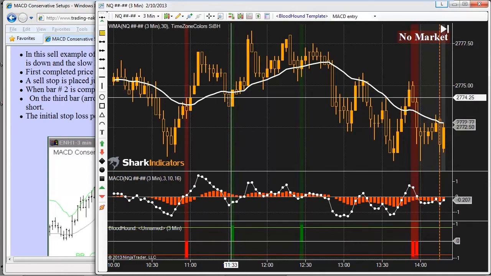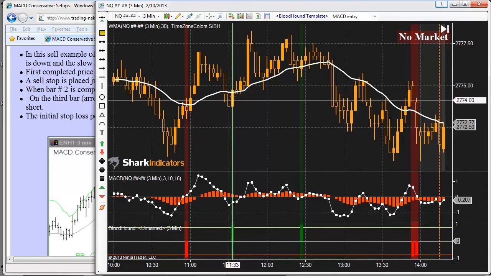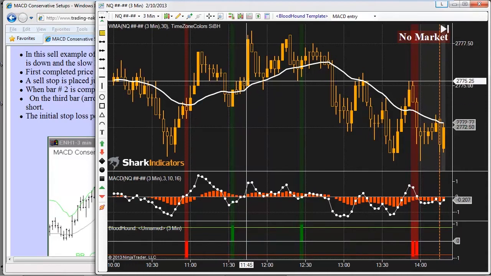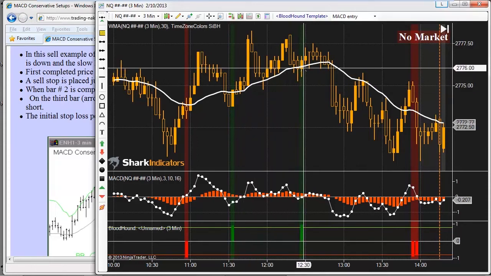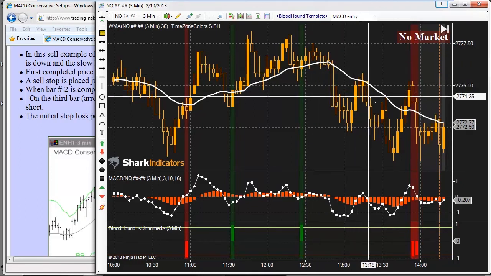And then as soon as we get our first bar in the direction of the trend, our first up bar, it marks that signal. And that was a pretty good trade. And we got a second one on this trend. And then as the trend reverses,